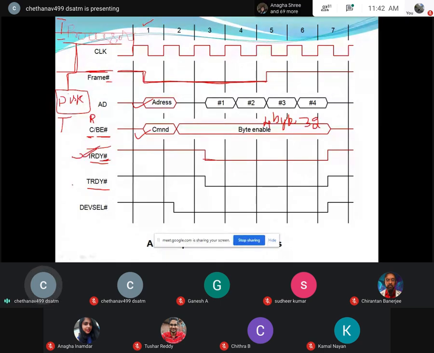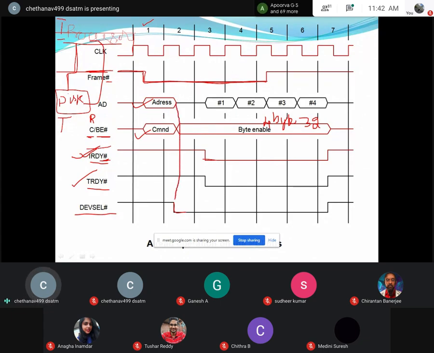Now it is very easy. What operation do we have to do to read the data from the disk to the processor? Here we also have one more signal known as device select. Please see this device select somewhere here. As soon as I come with the address, I'm going to get this device select.